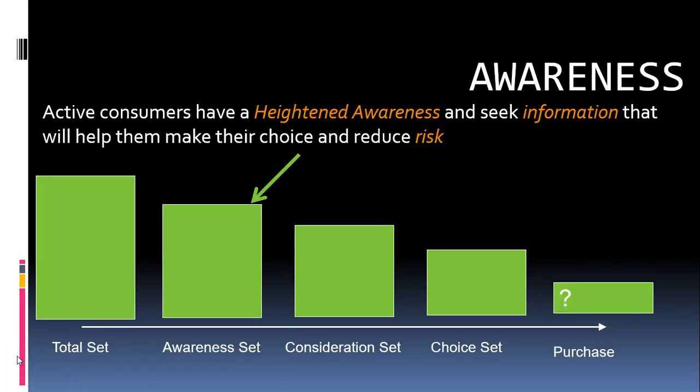I mentioned on the last slide that if a consumer isn't aware of your brand existing, then you're never going to end up in their choice set and ultimately being the brand that they purchase. So this diagram just shows you that at each level, the number of brands under consideration by the consumer decreases. So if we look over here, this is all the brands that exist, the total set. These are all the brands the consumer is aware of, all the ones that they consider, which ones make it into their choice set, and then which one they finally purchase.